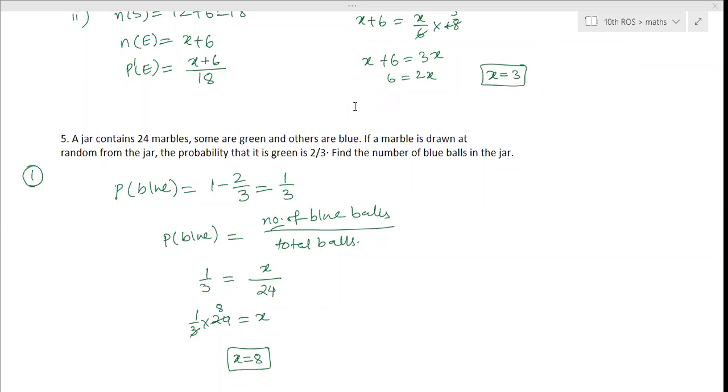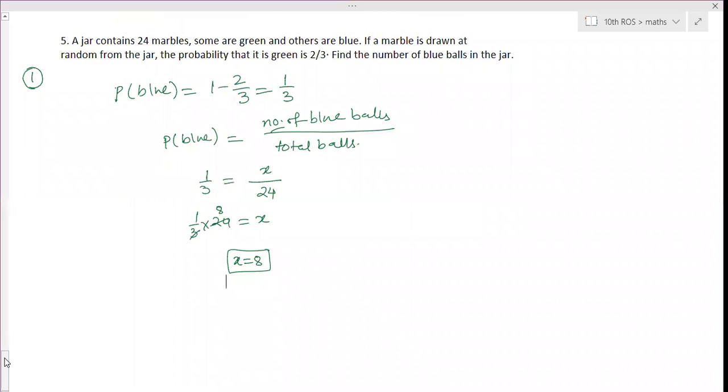Done. Now here they have given two types of colors of balls. They can give this question for 3 also. In that case 2 probabilities will be given, and the third probability you have to calculate. Okay, fine. Then next. These are 1 markers, but they're very important.